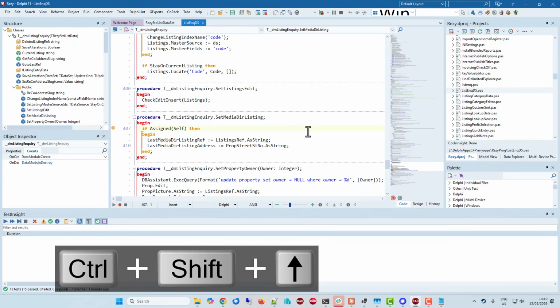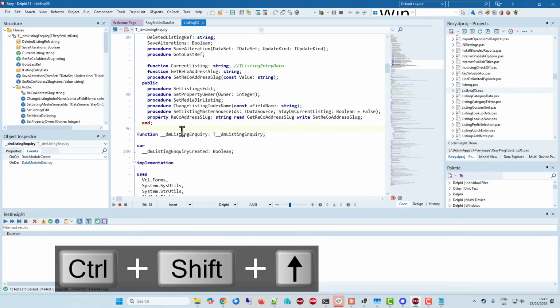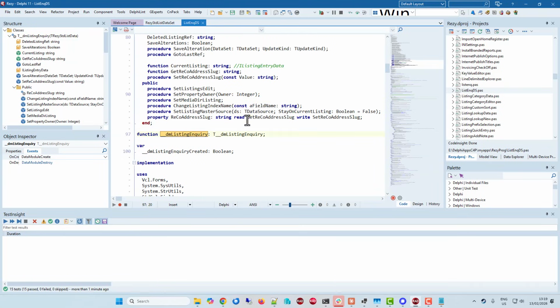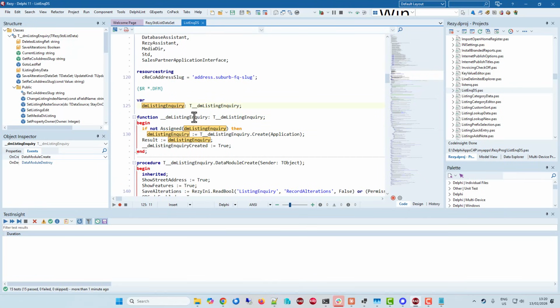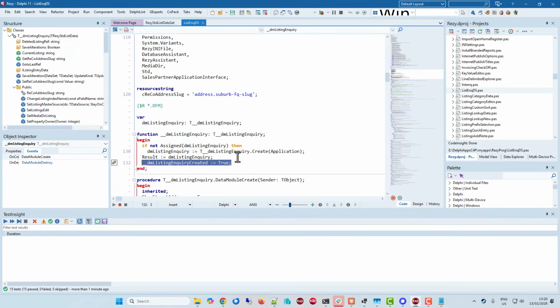Because what I have up here, rather than having a variable for DM listing inquiry, I have a function which automatically creates it. So if it's not assigned, it creates it and returns it. And there's a variable to say it's created, because sometimes you want to check if it is created and not do anything if it's not. But this means that on its first use it gets created, and it's really hard to... anyway,